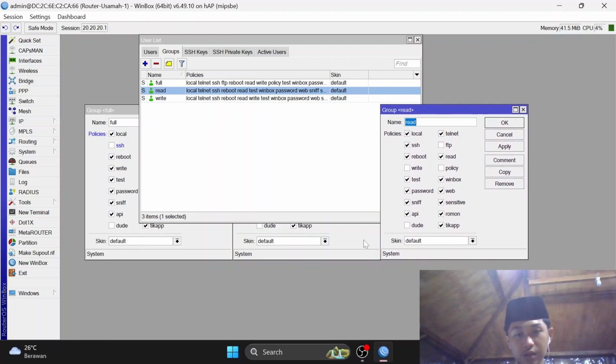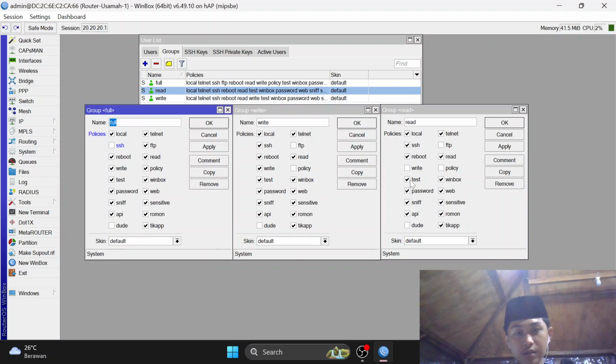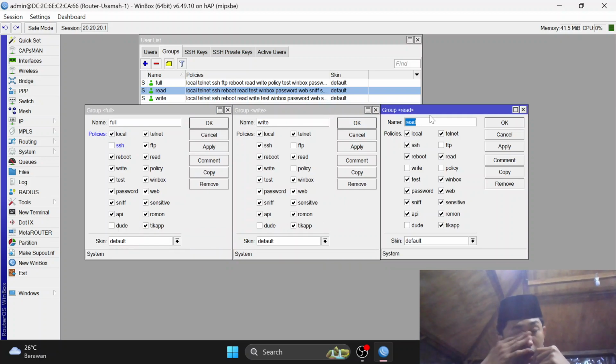As you can see, in the group read, the policies given are almost all of them, but the difference is the write policy and FTP checkboxes are unchecked.